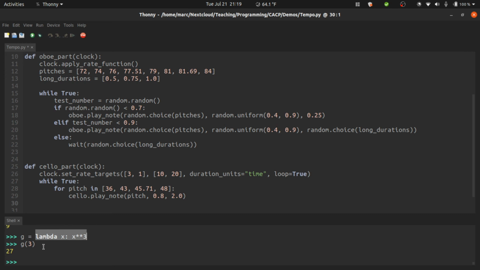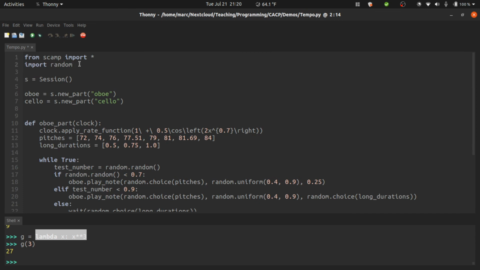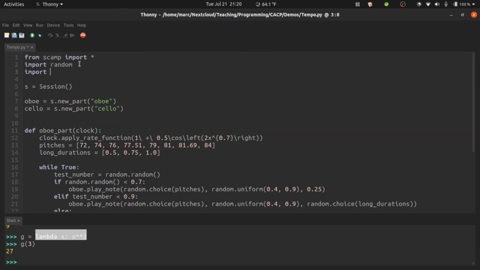This is particularly useful when you need to pass a function as an argument to another function, which is exactly the case that we have here with apply rate function. It expects as an argument a function taking the current beat or time and giving you the rate in return. So I'm going to paste what came from Desmos, and it looks like we're going to need the cosine function. So I'm going to import the math library, and I'll say